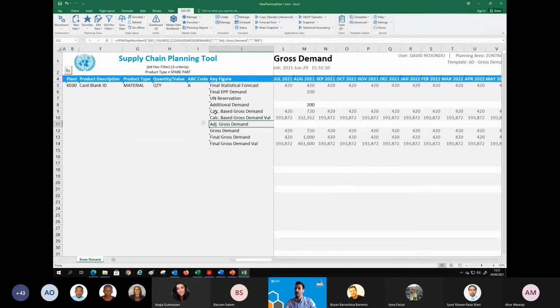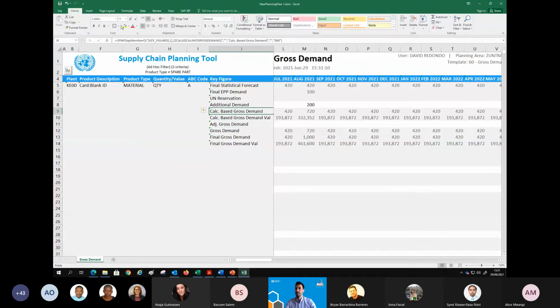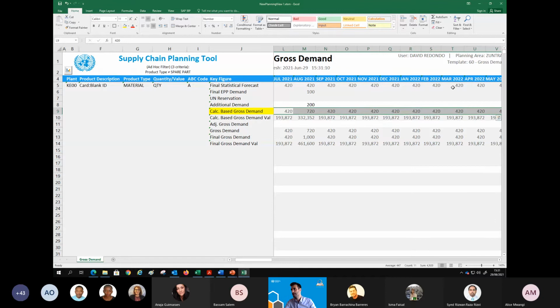Okay, so we said you, as a senior demand planner, get the calculated base gross demand, which in simple terms is the requirement for the next 24 months of this product, month by month. Now you as a senior demand planner will analyze this, I'm highlighting in yellow now. You will review where it's coming from, and then based on your analysis from a senior perspective, your planning intelligence and experience, and understanding of the nature of the product, you may say, you know what,